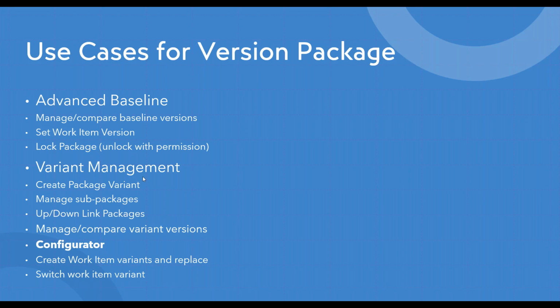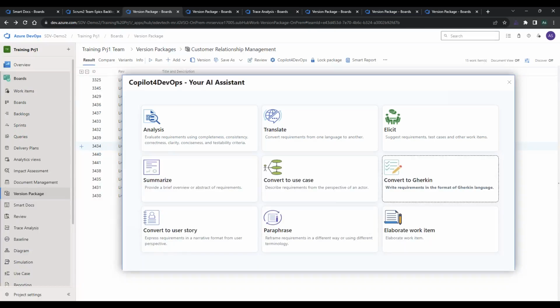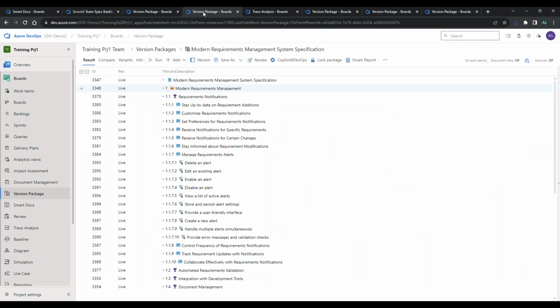The other is variant management, right? So you can create variants of a package of work items, and you can have sub-packages, you can have link packages, you can manage and compare variant versions, and you can also use that as a configurator. And I'll show you what that looks like as well. So let's take a look at that. Okay. So here